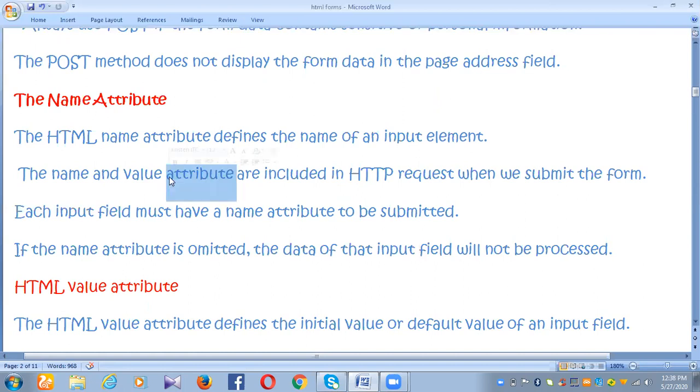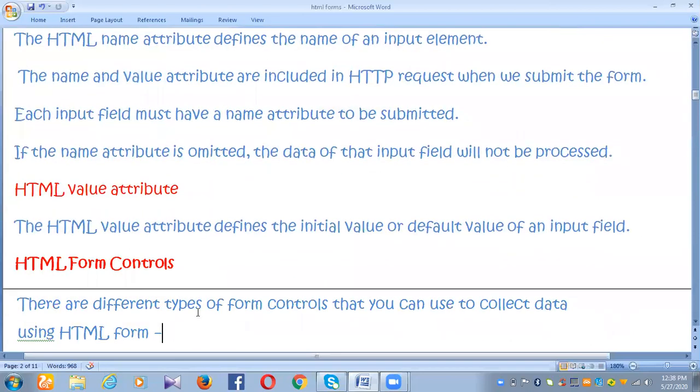So the name attribute is there, and we also have the value attribute. Both are included in the HTTP request. HTTP stands for hypertext transfer protocol. When we submit the form, it reaches HTTP only, right?